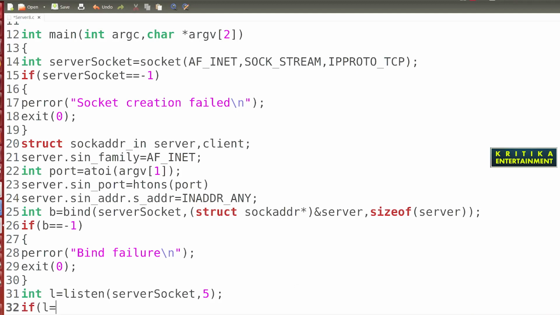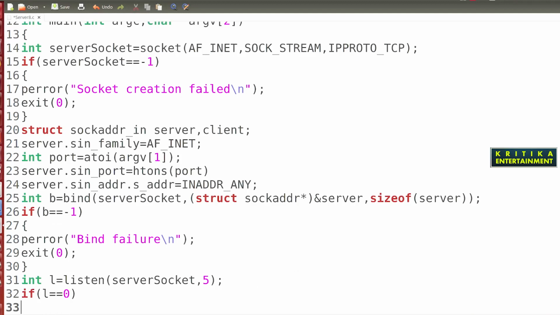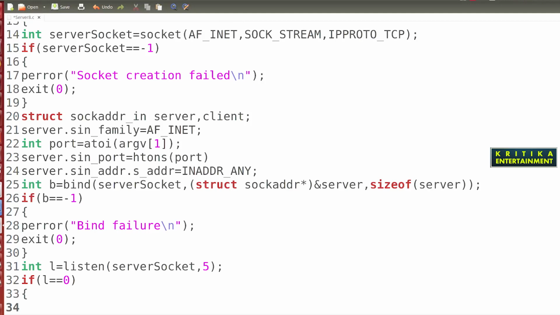So write if l equals 0, then printf listening port is ready, port is ready for listening. You can write anything.